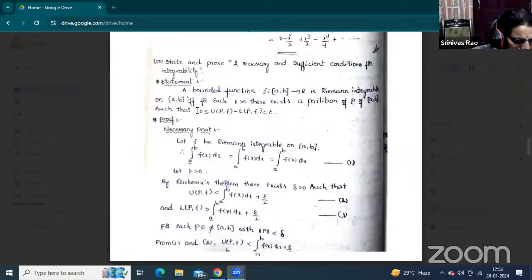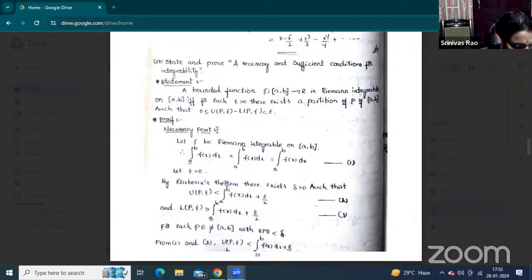Here epsilon be any number. That number is denoted on the vertical axis, as the function's values. Now delta is also greater than 0. Delta be any number. That is also one of the neighborhoods on the horizontal axis. Okay. Now here that is the geometrical interpretation. First of all, to write the necessary part. Already in the last session this theorem was explained. Now it is briefly explained here through the notes.